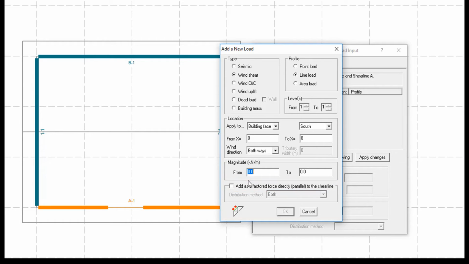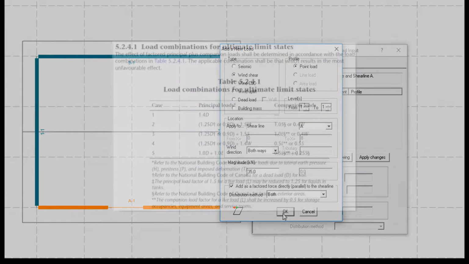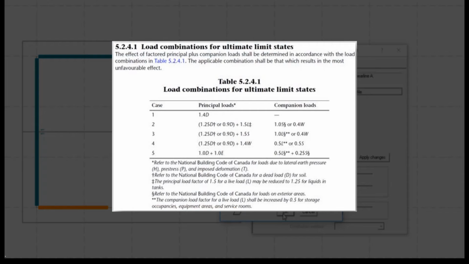Since we only want to demonstrate the effect of a load on a single shear line, which is wall line A1, we will check this feature and add a factored wind point load of 35 kN parallel to shear line A1. If I did not toggle this factored load option, I would have added an unfactored wind load, which, after running the design, would have been factored by 1.4 as per load case 4 from CSA 086 table